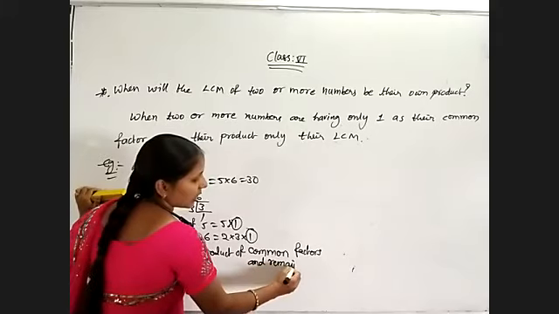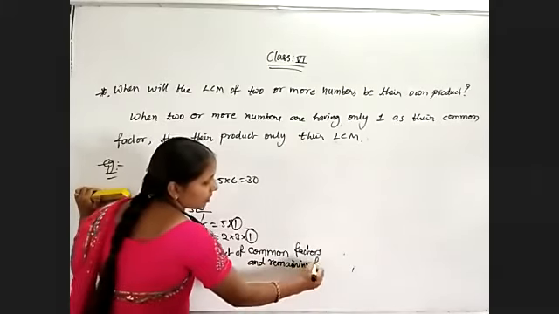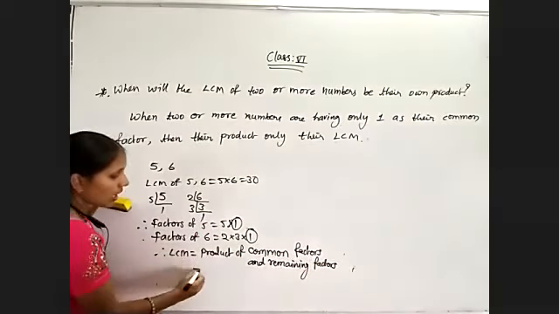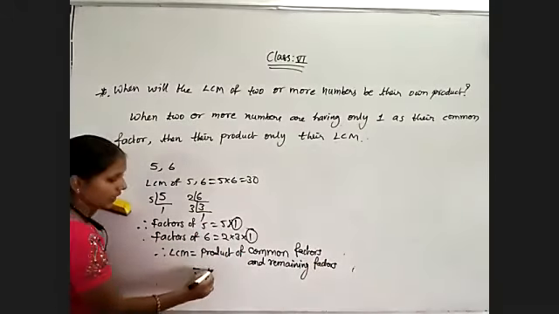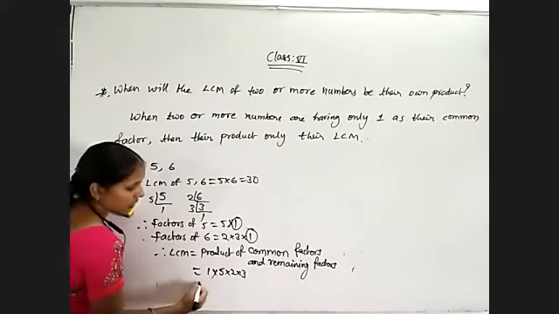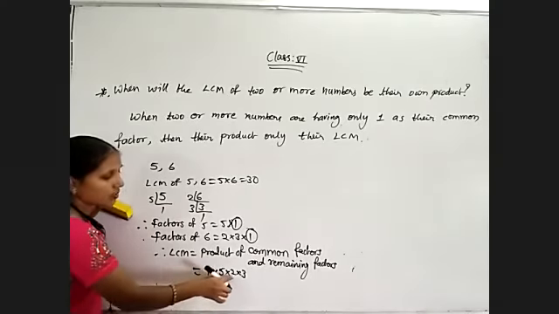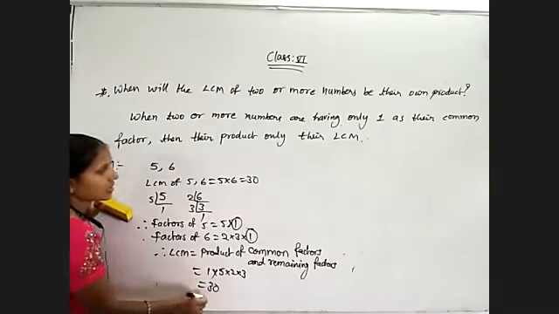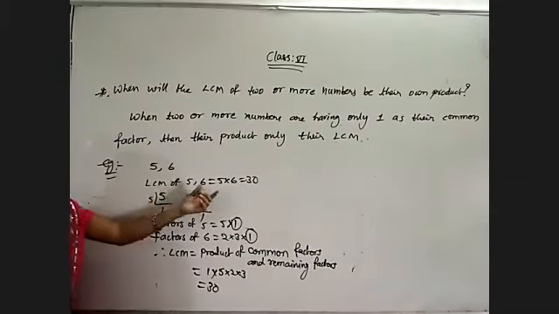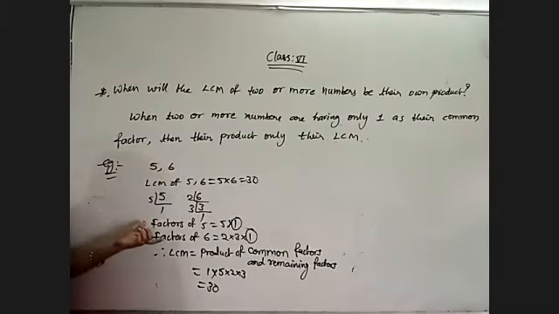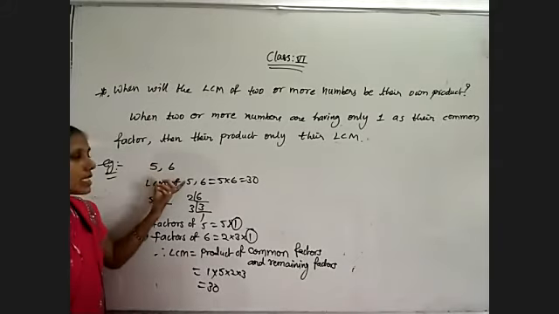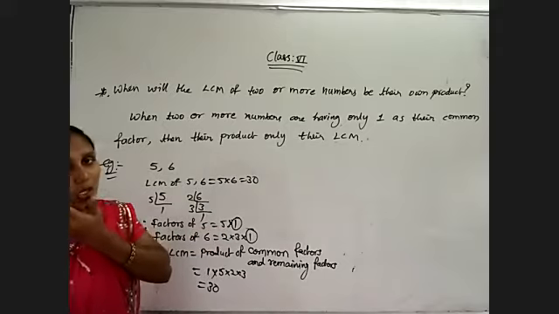This is the formula. Yesterday only I told you. So the product of common factors and remaining factors is the LCM. Now the common factor is only one, 1, into the remaining factors 5 into 2 into 3, which is 1 5s are 5, 5 2s are 10, 10 3s are 30. Instead of all these, directly we can say that the LCM of those two numbers is 30 because their HCF is equal to 1. For consecutive numbers, HCF is always 1 and their LCM is their own product.